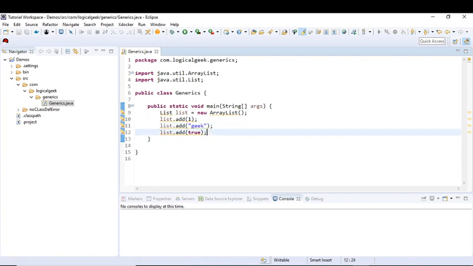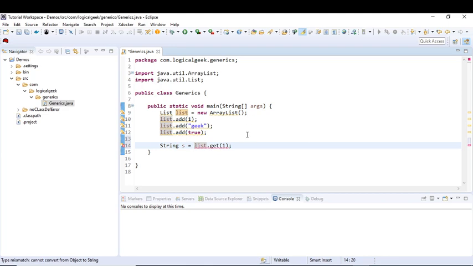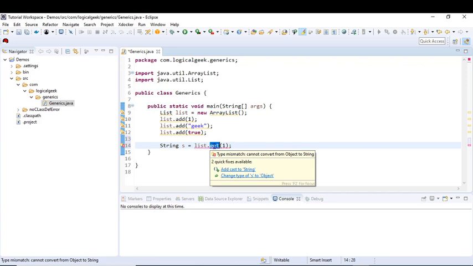So let's try to do that. I will give index 1. So as you can see, we are getting a compilation error. It says that you cannot convert from Object to String because the return type of get method is java.lang.Object.